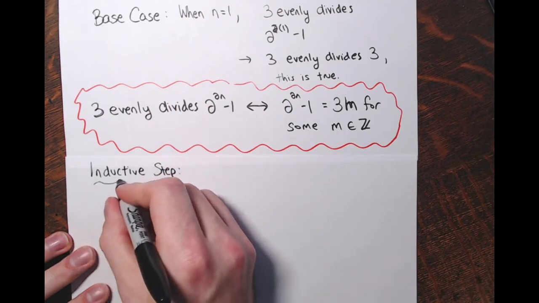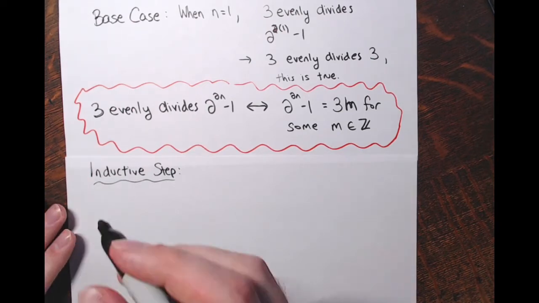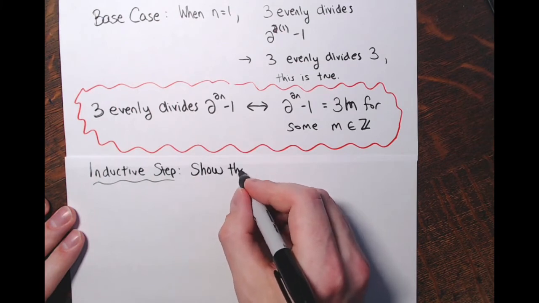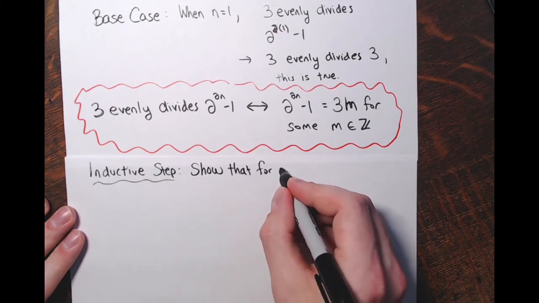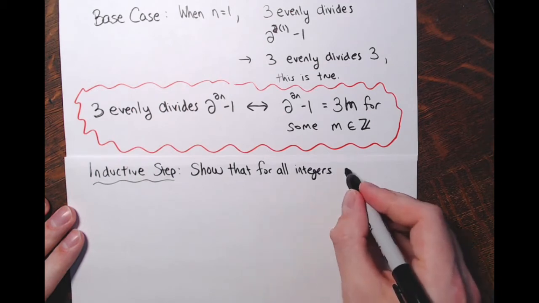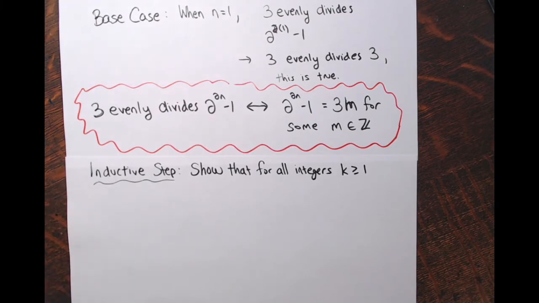And the inductive step is the heart of the proof, right? It's where you're actually proving a statement. You're trying to show that for all integers k greater than or equal to that base case integer, right? For all integers k greater than or equal to 1,